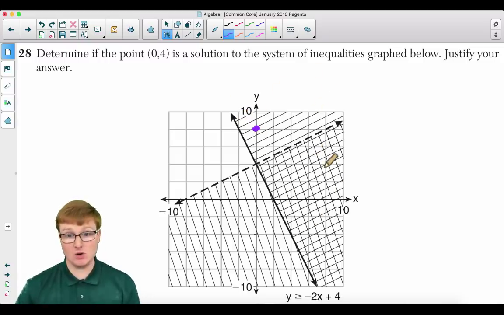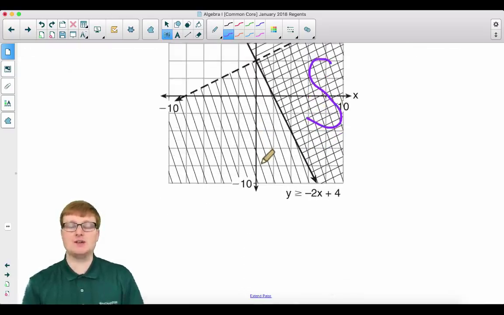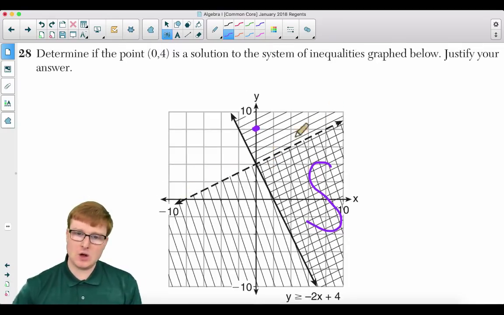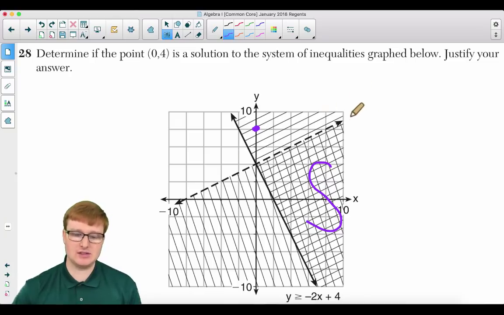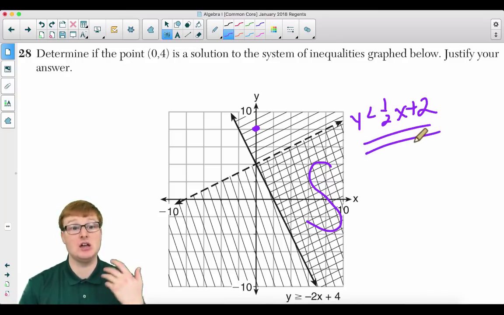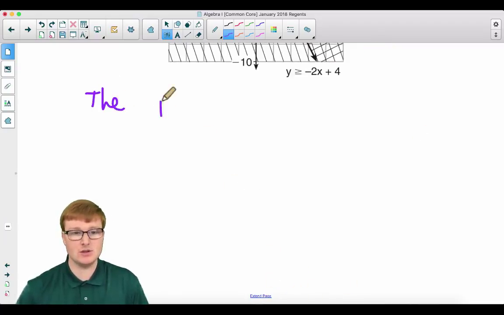The point should be over in this big S solution set that I just drew in order for it to be a solution. By the way, the inequality, I don't know why they gave you the solid line, but they didn't give you the dotted line. The dotted line is y is less than 1/2 x plus 2. I'm going to use this a little bit later on in the explanation. It says, determine if the point (0, 4) is a solution, justify your answer. Well, the answer is the point (0, 4)